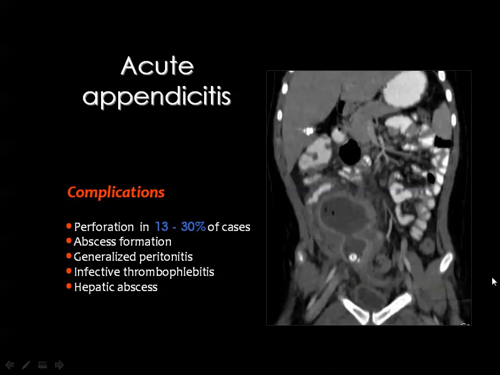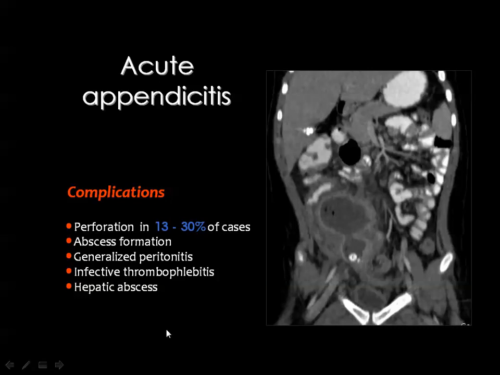And this is an appendicular abscess after rupture or perforation of the appendix, and you see the criteria of an abscess formation: fluid collection with thickened enhanced margin and some internal air loculi, as well as the appendicolith, which